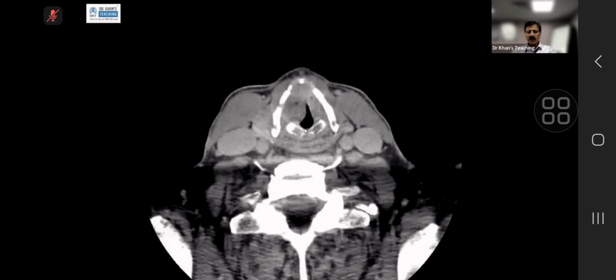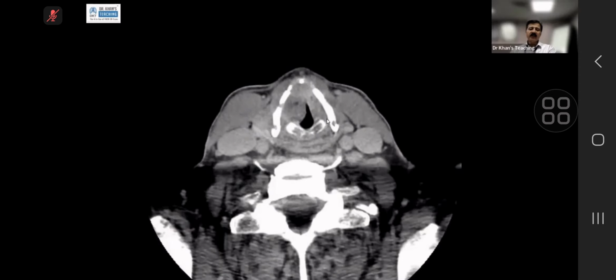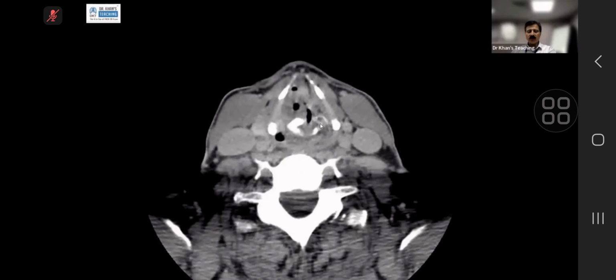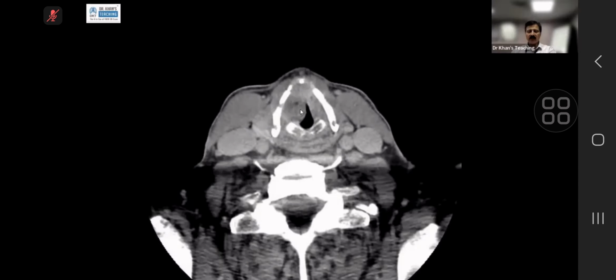Now, if you see here, where are we level-wise? This is the cricoid now. Anteriorly, we can see the thyroid, and posteriorly, the arytenoid is. Yes, this is the subglottic space. Yeah, but the key point I am making, a bit of a fine touch here, is that this is what we call the undersurface of the cord. Undersurface of the glottis. Yes. Undersurface, you are right that we are heading towards the infraglottic, but this is the undersurface, so the tumor is